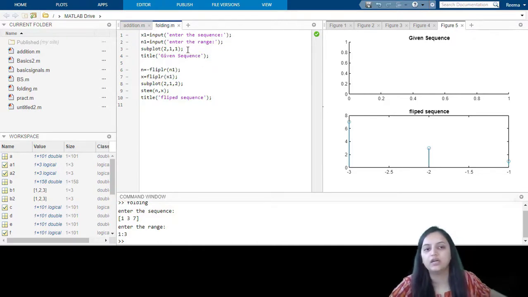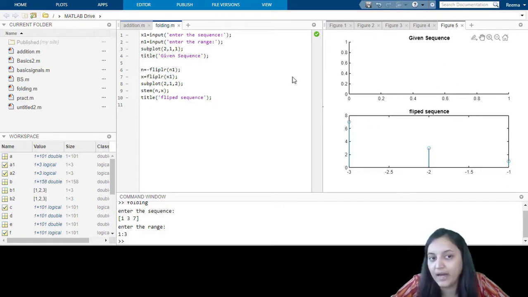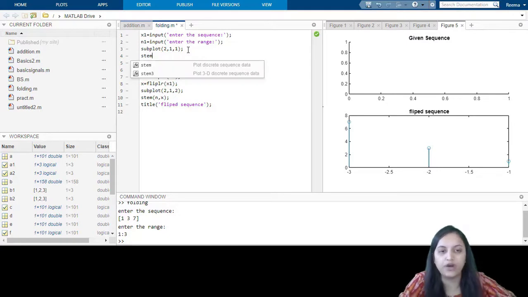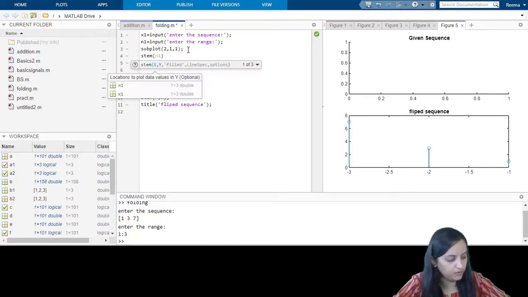As you can see over here, the signal is not showing. That means there is some mistake, so we can identify the error. Over here we have not written stem, so it will not plot this discrete function for us. So we need to write stem and x1 over here.